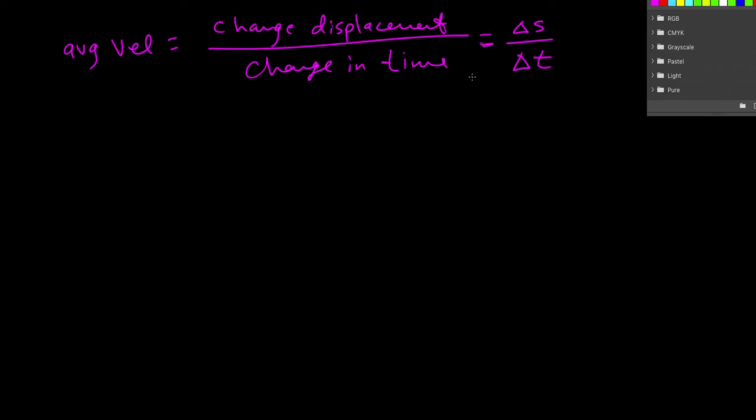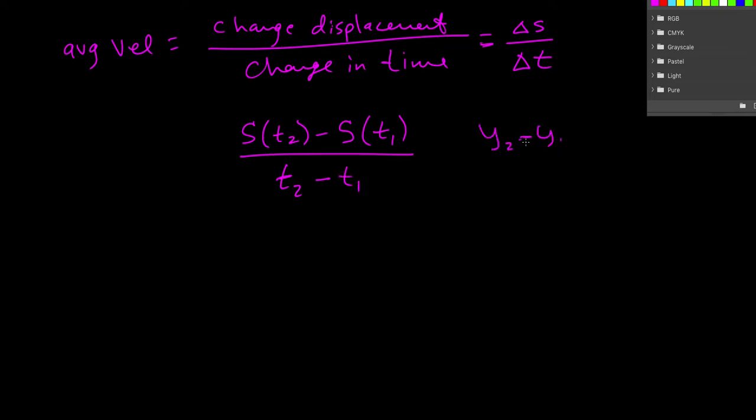Okay? Or we can think of it like our slope formula, which would look more like this. So basically our y values subtracted over our t values, which are our x values. So it's really just this formula, which is our slope formula. Okay. So if we just have displacement, it's just the change in our displacement